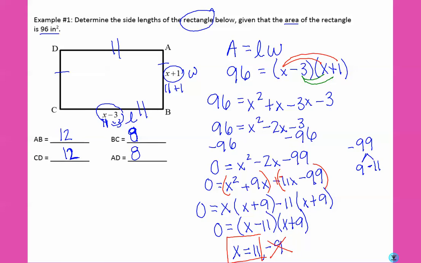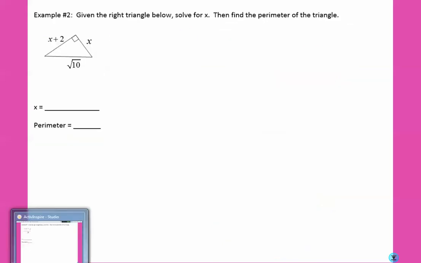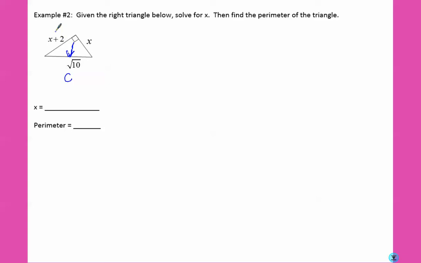Let's look at another example. This time we're dealing with a triangle, a right triangle to be more specific. Given the right triangle below, solve for x. So across from the right angle, that's our hypotenuse. That's going to be our C, A, and B. So a squared would be x plus 2 squared plus x squared equals the square root of 10